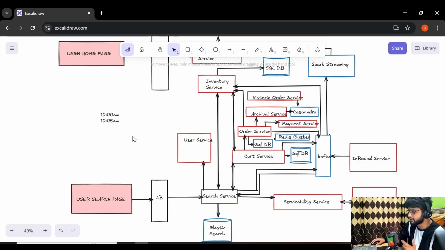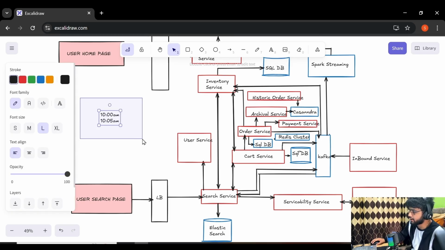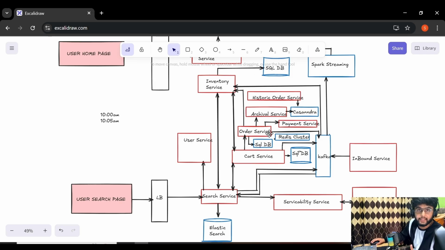Now let's try to understand this with the help of an example. So let's say the user clicked on the place order button, the inventory count reduced by 1, and an entry will be stored in the SQL database with the tag that order is created. It will also store the entry in the Redis cluster that order is created, and we will store the order creation time and order expiration time. Now the user went to the payment gateway page, and because of some XYZ reason he just closed the browser and he did not come back.